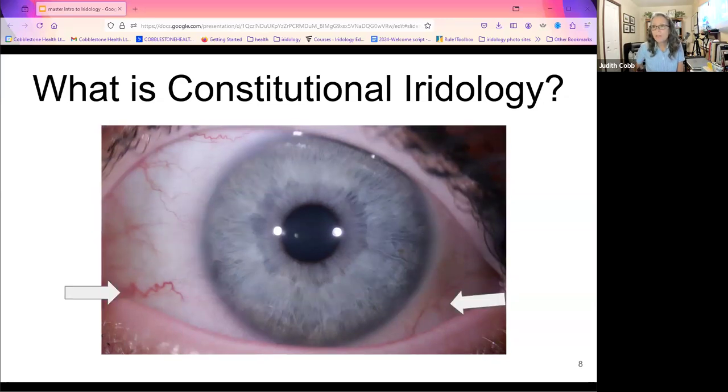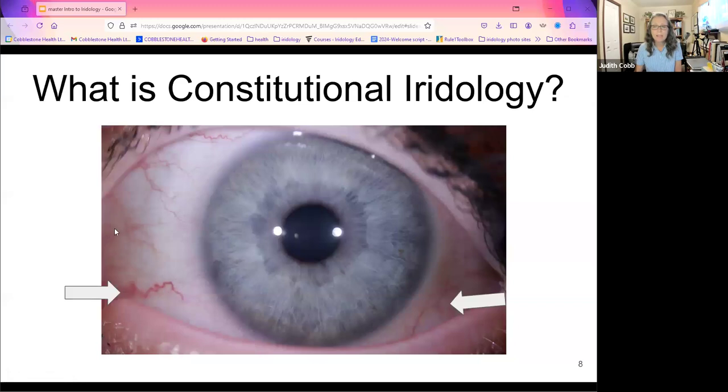Modern iridologists also often have a background in sclerology, and we do teach sclerology in the dynamic iridology course as well. The reason we do that is because the iris itself is genetically determined. This is what your parents blessed you with, parents, grandparents, great-grandparents, great-great-grandparents. They are the ones who have determined what goes into your iris. That's how we know the iris is genetic, and that's how we also know that it's giving us information about your genes. We're going to go deeper into that in just a moment.